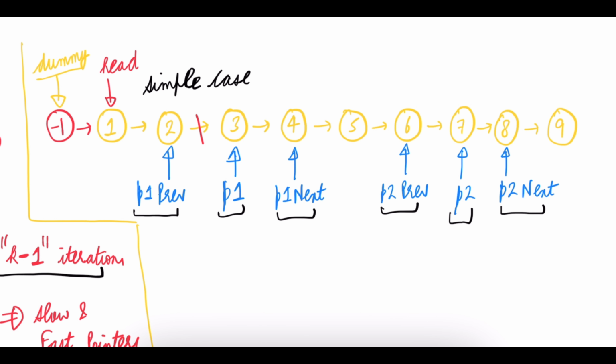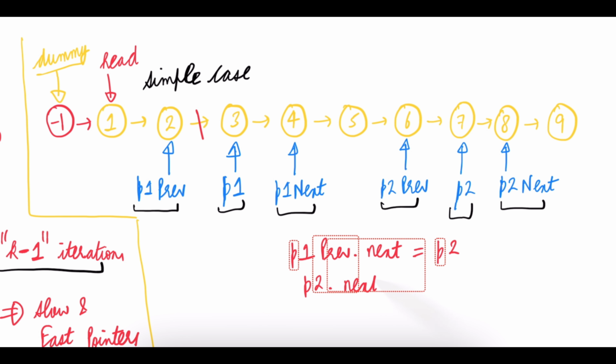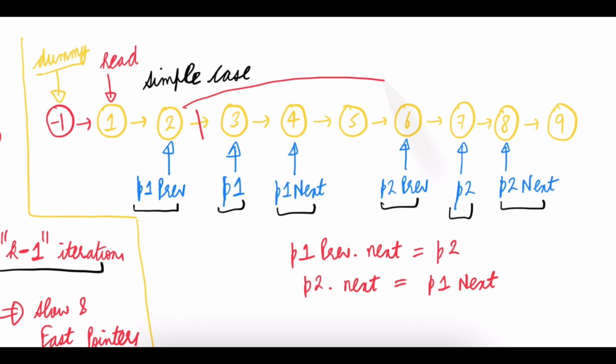This pointer is now going to point to p2. So p1 previous dot next is going to point to p2, and p2 dot next is going to point to p1 next. So what's going to happen is 2 dot next is pointing to 7, and 7 dot next now points to node 4. So this way my node 7 is going to come in between node 2 and 4,